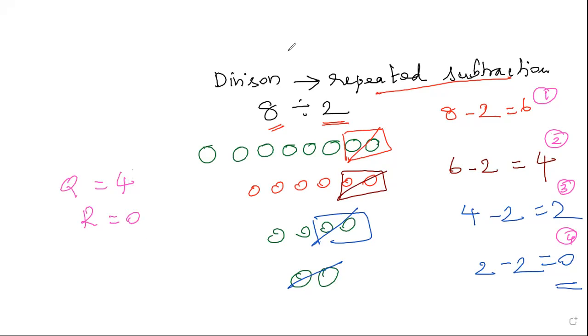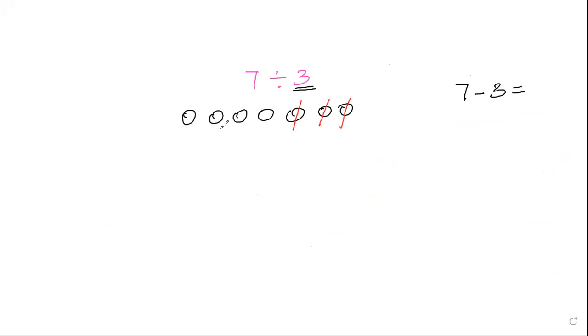So what will happen if you have a remainder? In this case, I am explaining one more time with a remainder. For example, 7 divided by 3. I am representing 7 by some objects: 1, 2, 3, 4, 5, 6, 7. We have to do repeated subtraction. First time I am subtracting 3 from 7, with the divisor. 7 minus 3, so what will you get? I have to remove 3 objects, so we have only 4.